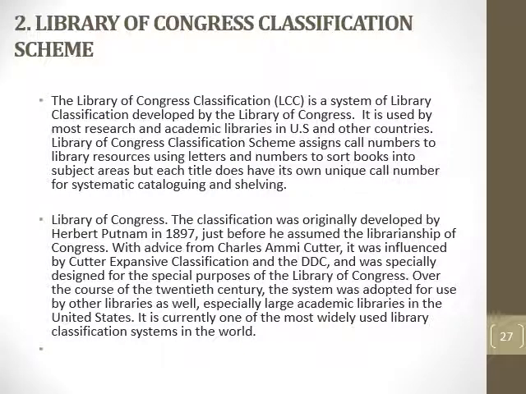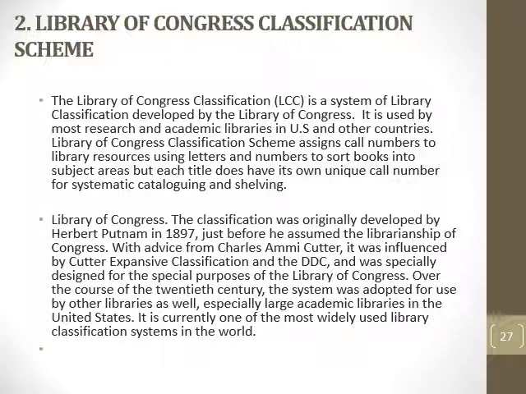Then the second general classification scheme deals with the Library of Congress classification scheme, called LC, which is a system of library classification that was developed by the Library of Congress. That is the library in the United States, which is called the biggest library in the world. It is used by most research and academic libraries, in particular in the US and other countries. Even in Nigeria, most academic libraries are using the Library of Congress classification scheme to assign